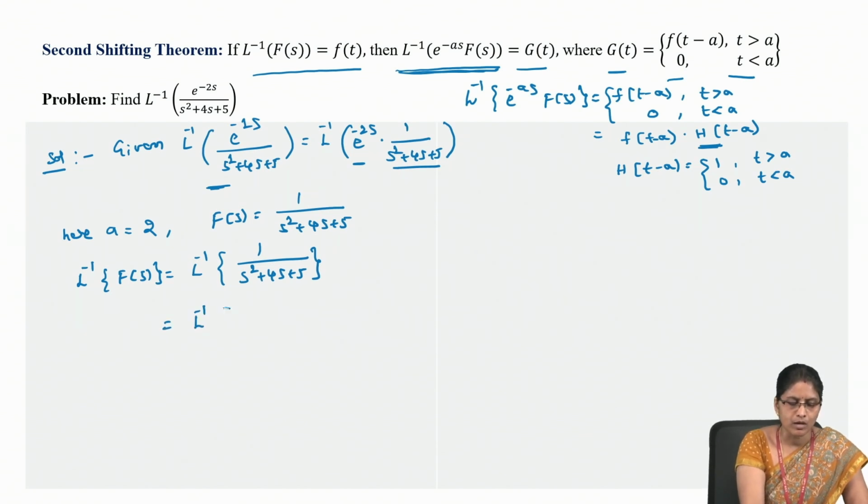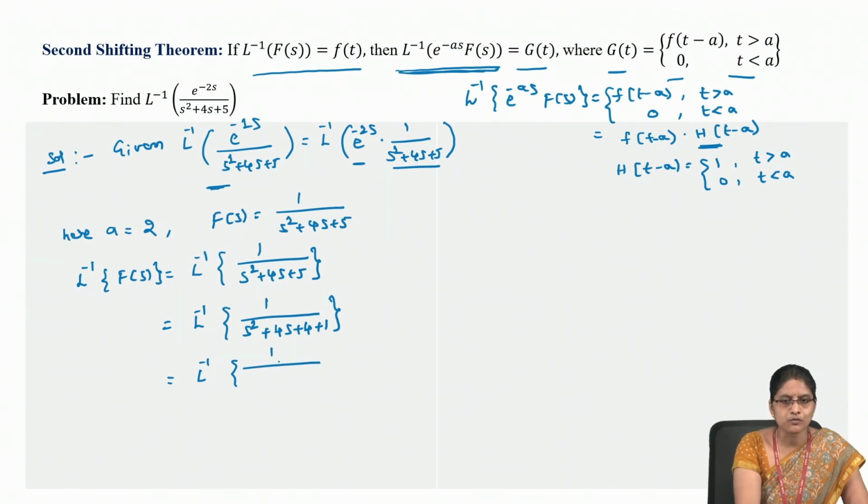that equals L inverse of 1 by the denominator, which can be written as s square plus 4s plus 4 plus 1. That equals L inverse of 1 by (s plus 2) whole square plus 1, since s square plus 4s plus 4 is (s plus 2) whole square. Apply the first shifting theorem because in the denominator s plus 2 is there. Take plus 2 outside of the inverse Laplace transform. We get e power minus 2t L inverse of 1 by (s square plus 1)